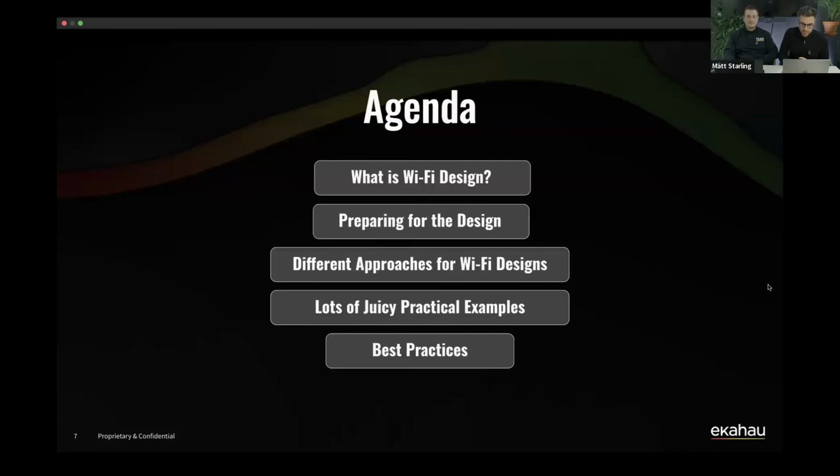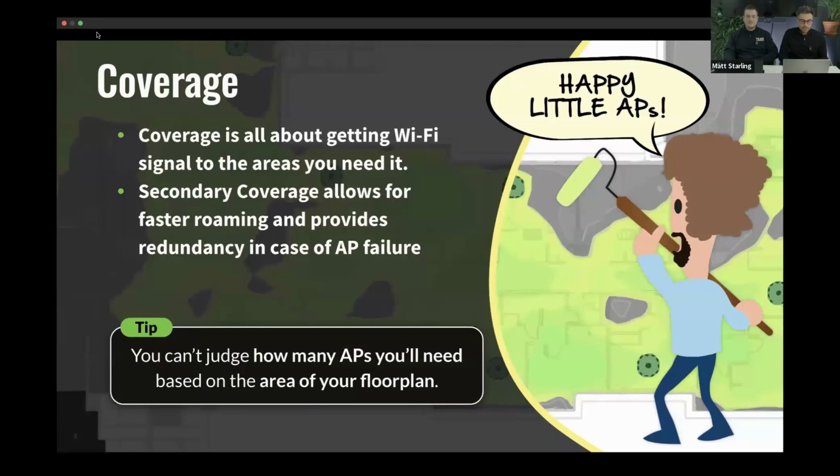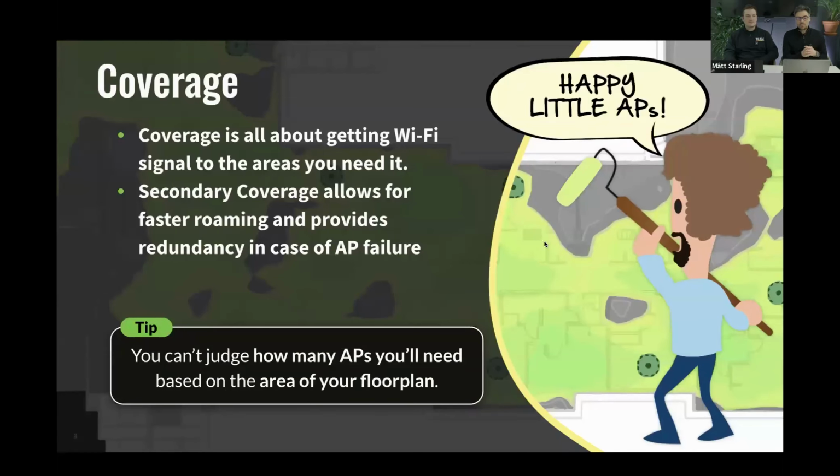So let's jump in. For anyone that asks me or mentions Wi-Fi design, the first thing that comes to my mind is coverage. Seeing access points on floor plans with their heat maps being generated, primary coverage, secondary coverage, is the first thing that comes to my mind. But the other thing that we've got to think about is what actually affects our Wi-Fi coverage, or the signals coming from the radios of the access point.